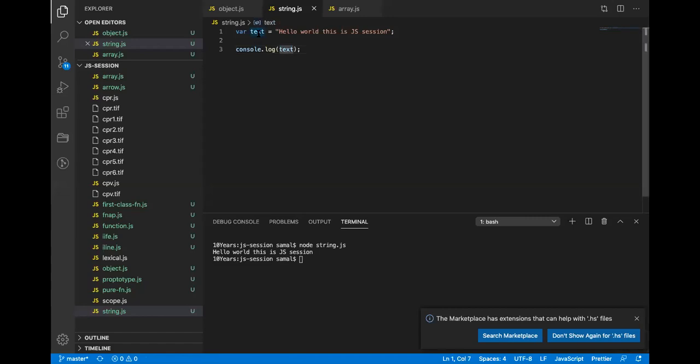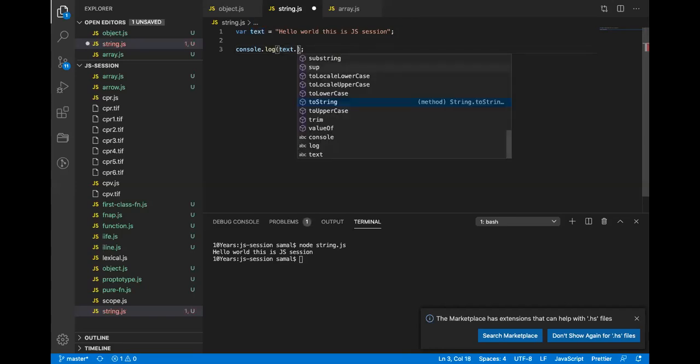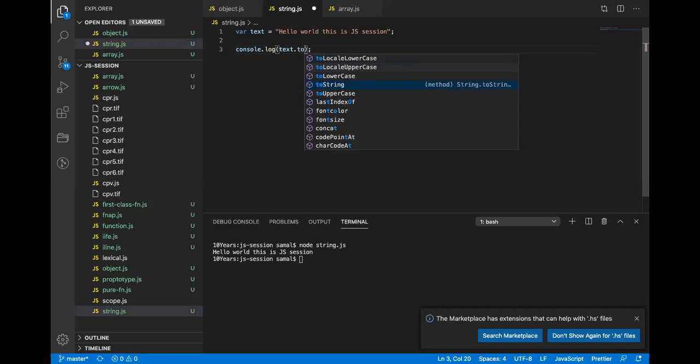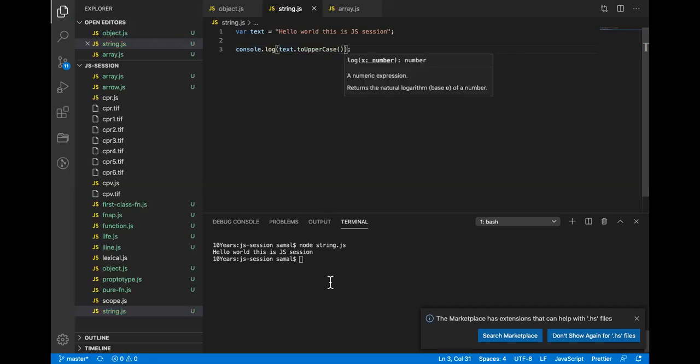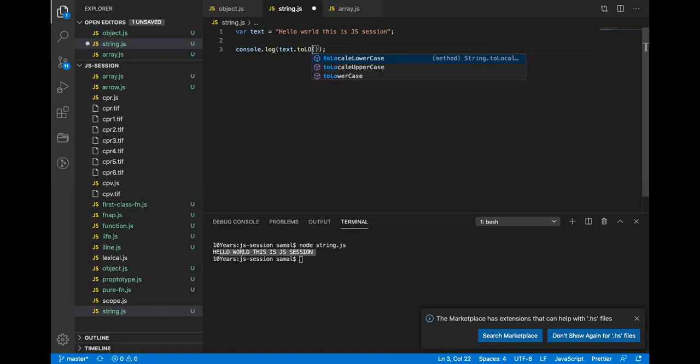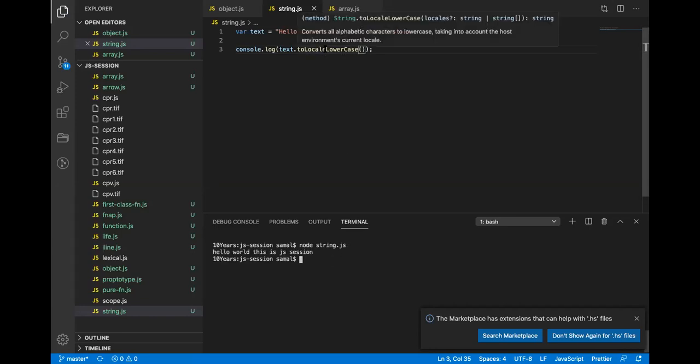Now I can operate on this string by using the string constructor prototype. Let's say you want to make everything uppercase. In the string prototype, there is a built-in method provided which loops through all the characters and makes everything uppercase. That method is called toUpperCase. If I do this, it will convert everything into uppercase. In the same way, toLowerCase will convert into lowercase. There is also a locale function where you can pass in a localized language. So toUpperCase and toLowerCase.